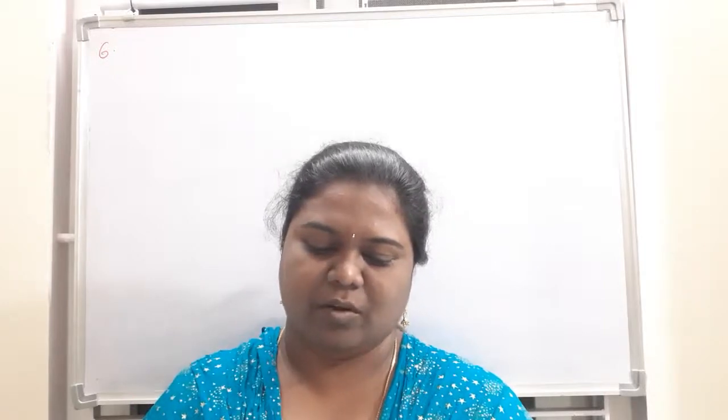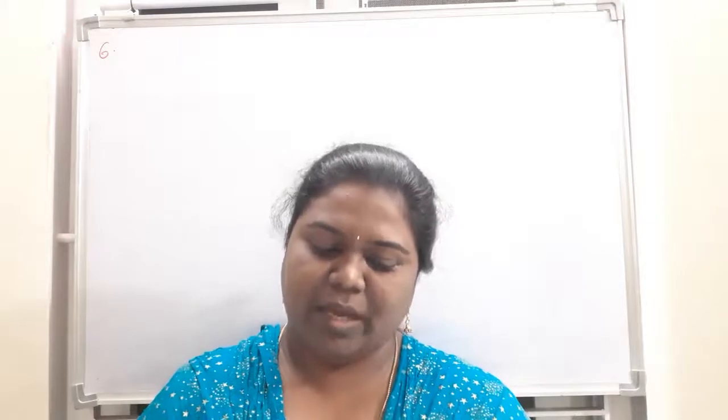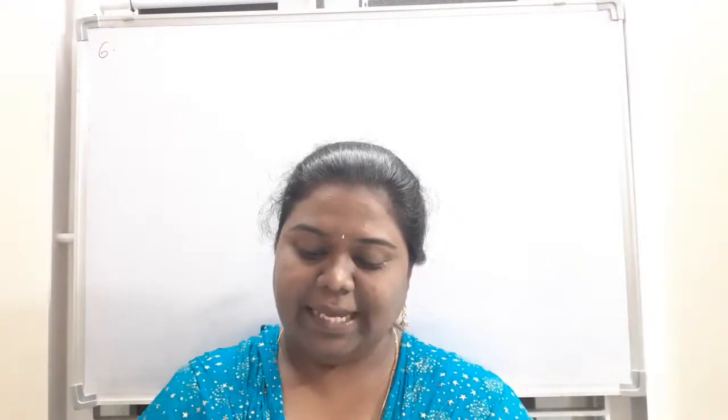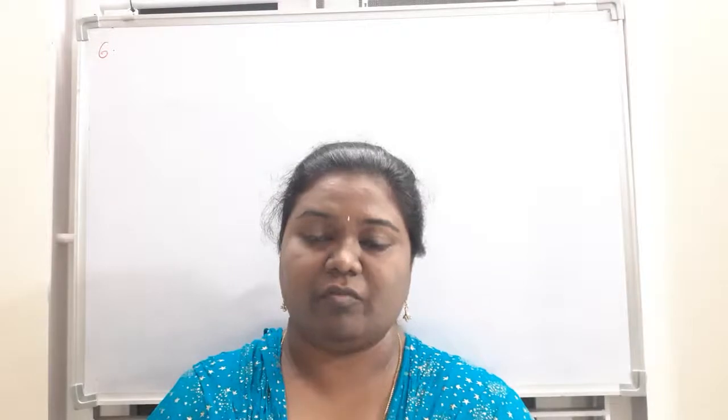So 6th question I'm starting now. Sunil is 5 centimeters taller than Rohan and Kavita is 3 centimeters shorter than Sunil. Vicky's height is 100 centimeters less than twice the height of Sunil. Express the height of Sunil, Kavita, Vicky in terms of x, where x is the height of Rohan.